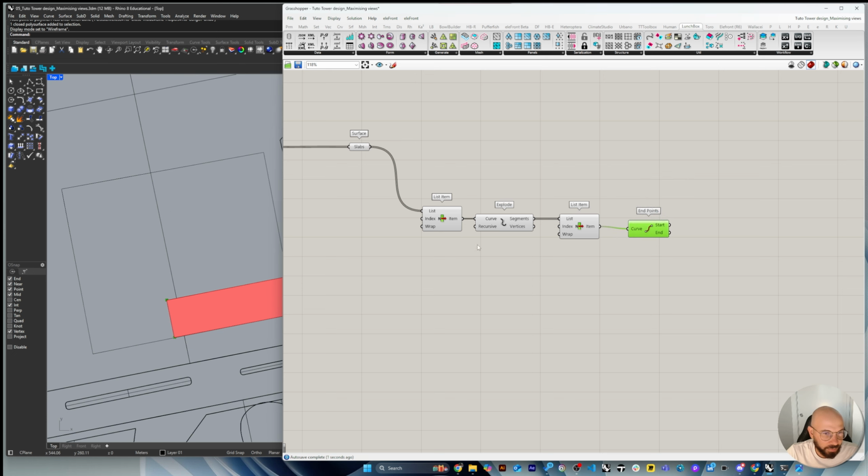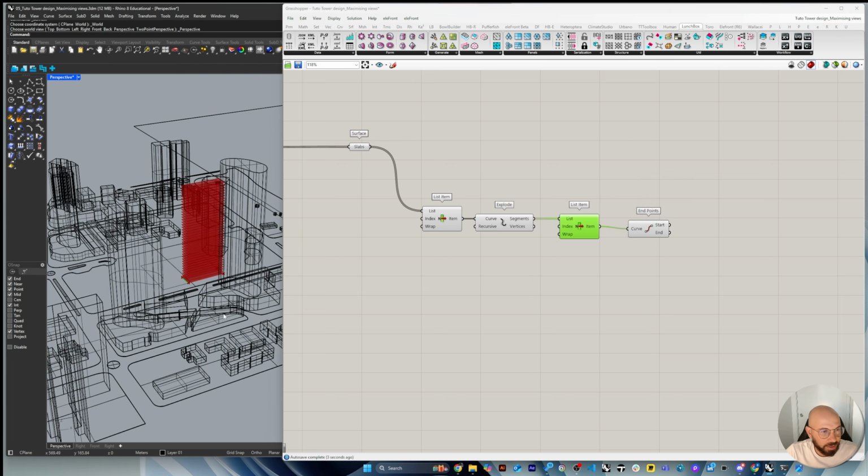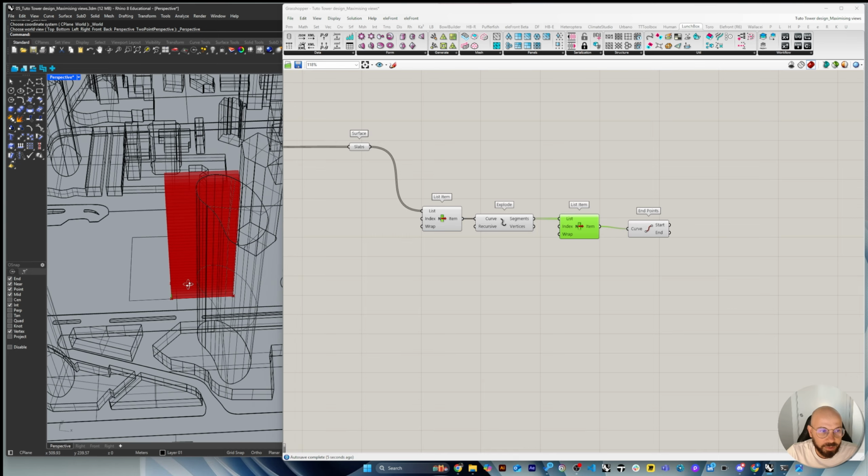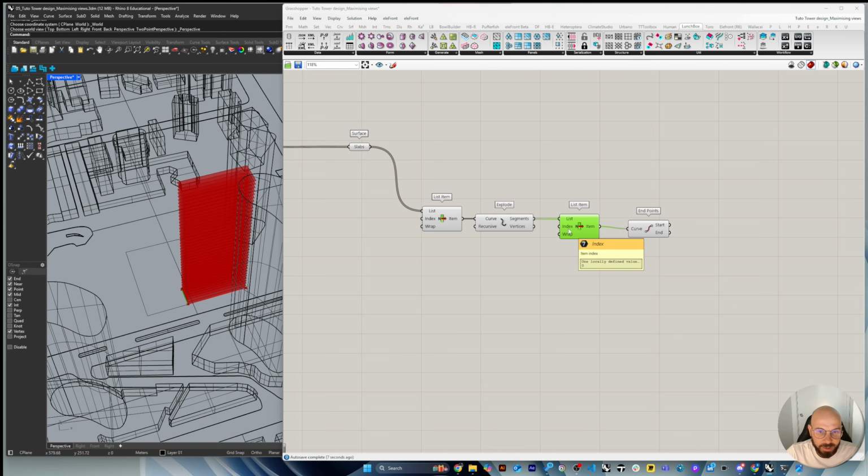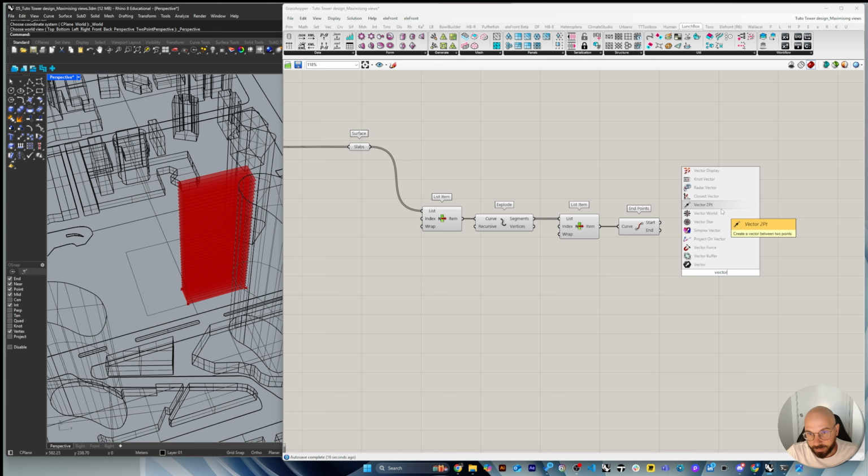So what we're going to do here is select the end point and the start point of that edge. You remember I extracted that edge from my rectangle, and then I item it at index 0, so this one, and I'm just going to extract the vector. So I'm going to do vector 2 points. By doing vector 2 points, I can actually extract the direction,